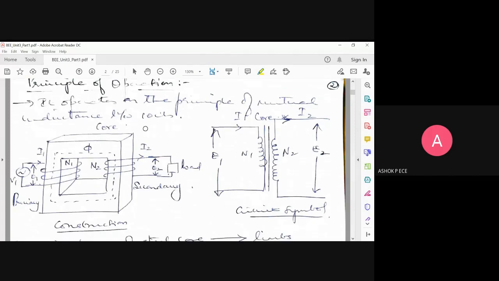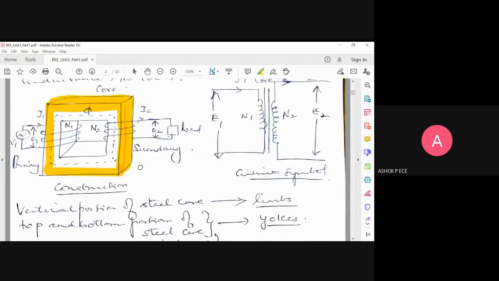So first, for a transformer, you need to have a structure called core. See, this 3D structure is going to be called as a core. And this core is going to be made of a ferromagnetic material, mostly iron or devices which will have magnetic properties. Okay, so you have to first form a core.